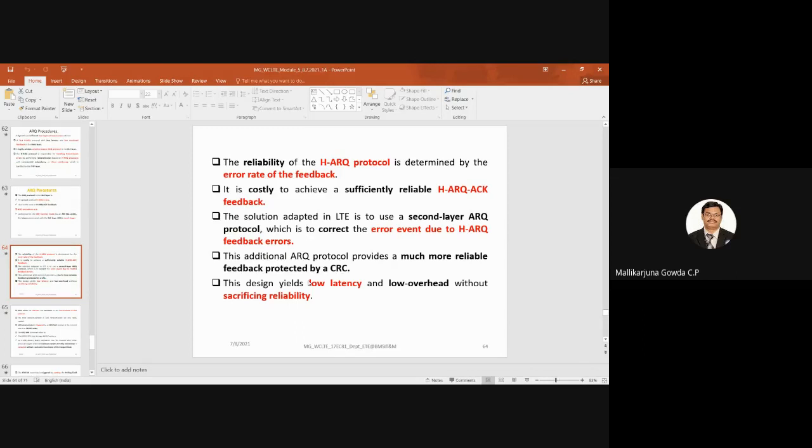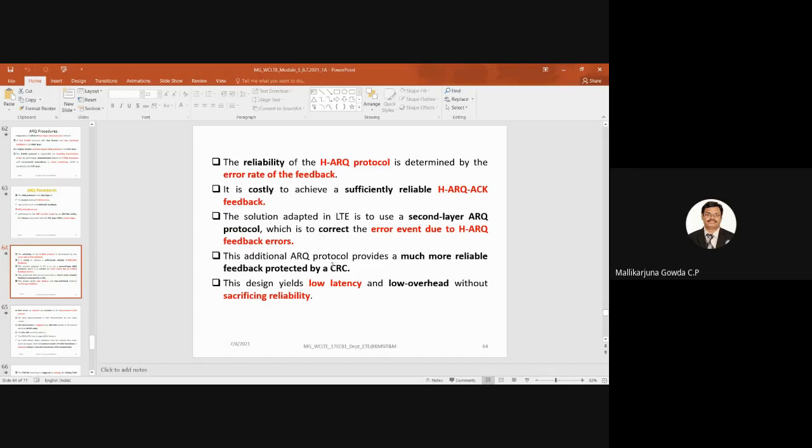So the reliability of the hybrid ARQ protocol is determined by the error rate of the feedback. It is costly to achieve a sufficiently reliable hybrid ARQ acknowledgement feedback. The solution adopted in LTE is to use a second layer hybrid ARQ protocol to correct the error events due to hybrid ARQ feedback errors.